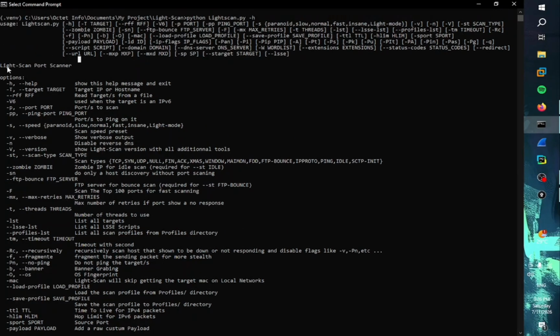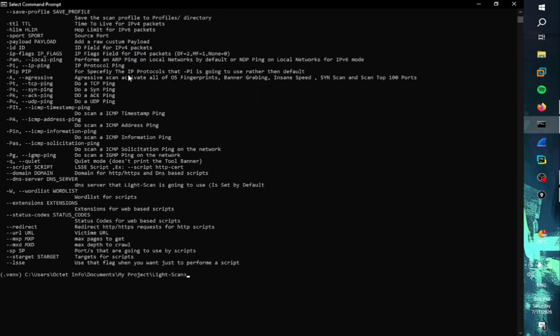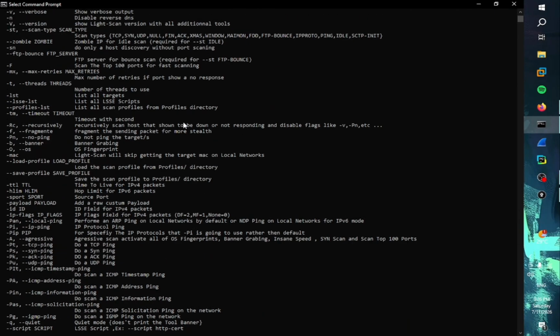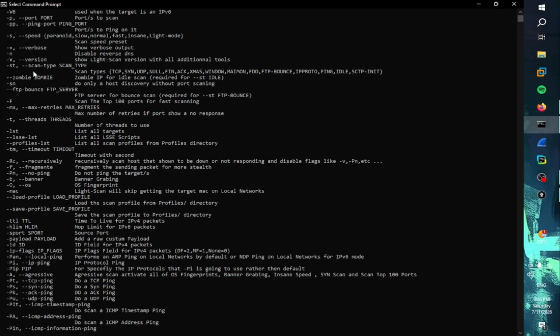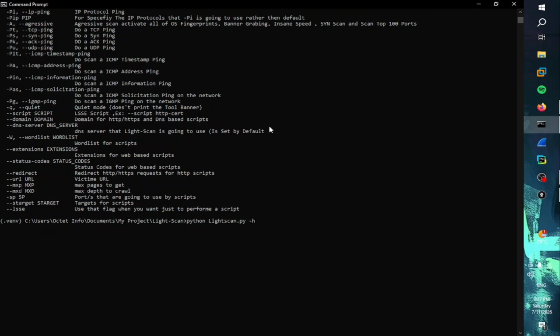As we see here, we have all the options that we can use, like /help to show the help message, options to specify the target, to read targets from a file, and a lot of other options. Now in this video we are going to see just the main scan types. We have more than 12 scan types, I guess, like TCP connect, SYN half-open, UDP, NULL, FIN, XMAS, as I introduced in the first video. So let's try a basic